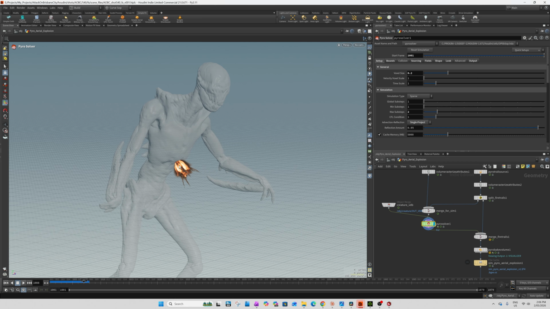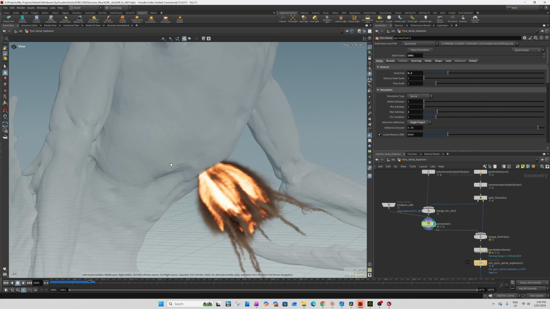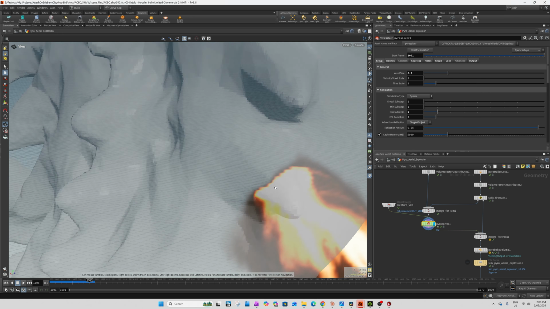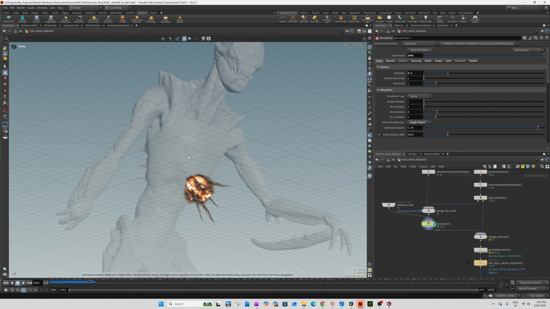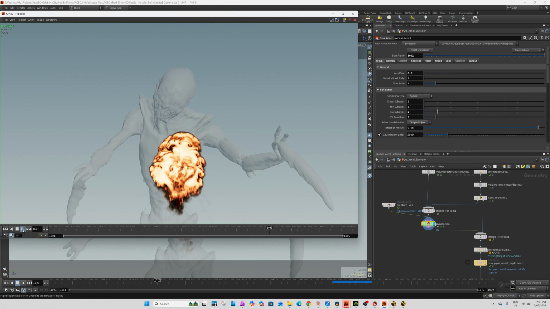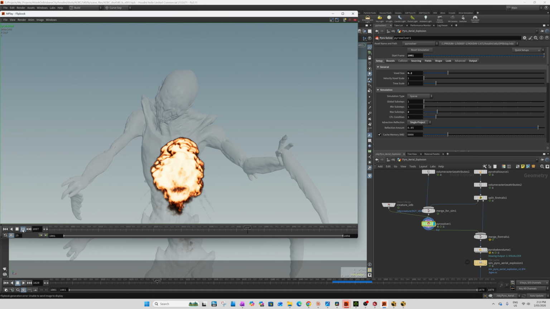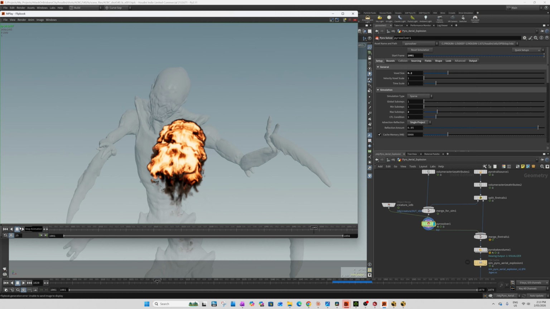Let's see. Because I kind of wanted to... oh yeah, it is. There you go. It's interacting. Let's stop that. It looks alright. Obviously it needs a lot of work. But this is it. This is just one section of one little shot out of over 100. It's just never ending. But I am getting there.